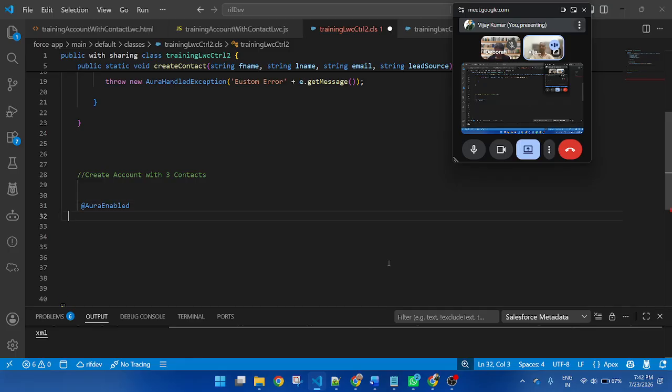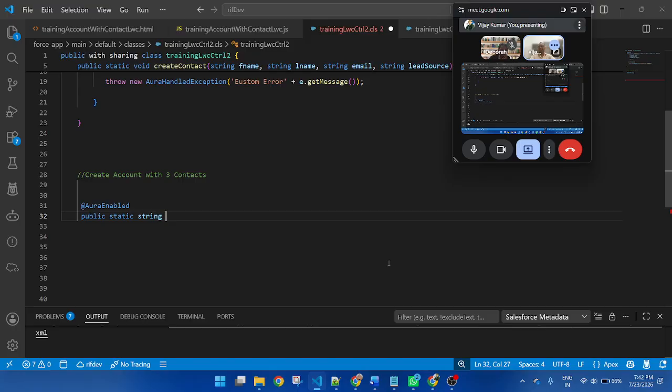And here will create a method: public static String. Here I am returning a value of data type String.